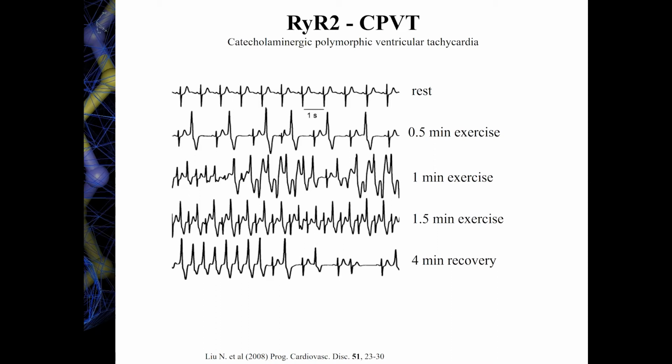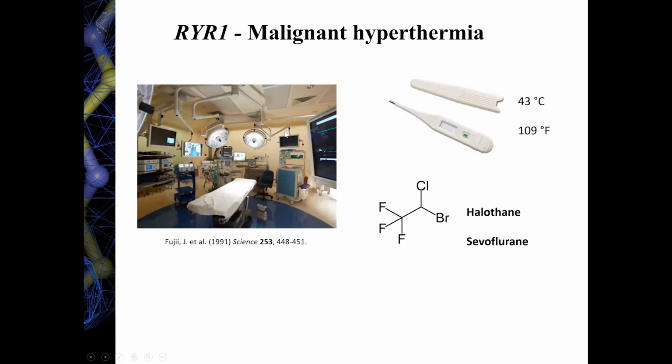Now, a very related protein is RYR1. RYR1 has a completely different type of disease associated with it, and the most famous one is malignant hyperthermia. Now, malignant hyperthermia is a condition that arises with a combination of a mutation, typically in the RYR1 gene, together with a triggering agent. And a triggering agent could be a volatile anesthetic, such as the ones used during surgery. And it's really that combination of these two factors that can lead to a massive rise in body temperature, muscle rigidity, and a whole range of downstream effects that can actually cause you to die during the surgery.